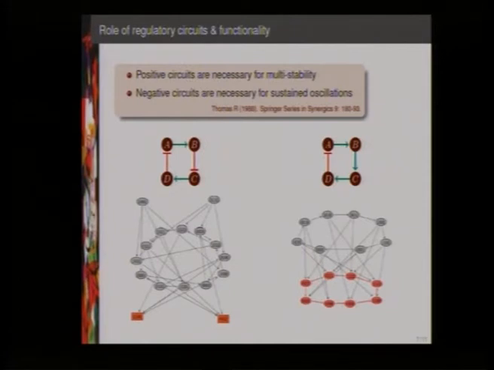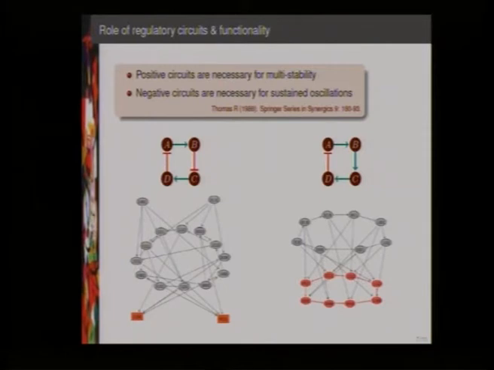So I said that we rely on the regulatory circuits, and I also evoked the fact that in these networks we have significant motifs which drive the dynamics, and we believe that regulatory circuits are really important. In fact, it is proved that the positive circuit is required for multi-stability, different stable states or different cyclical attractors. Positive circuits are defined by circuits where you have an even number of inhibitions. So along the circuit here, A has a positive effect on itself. And you can see here that for this simple positive circuit, we have indeed two stable states, where negative circuits are required to observe